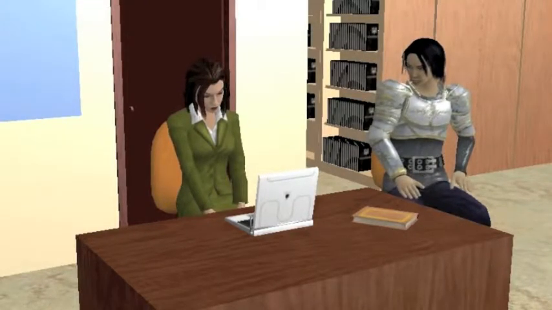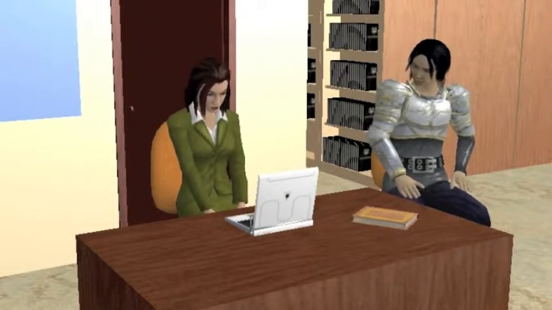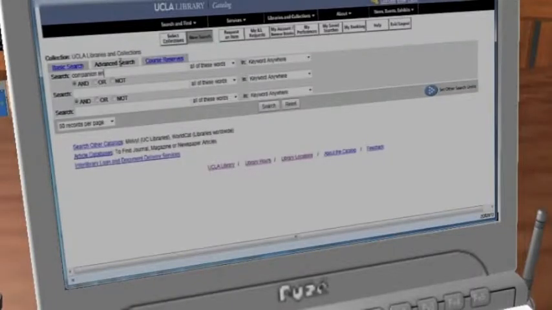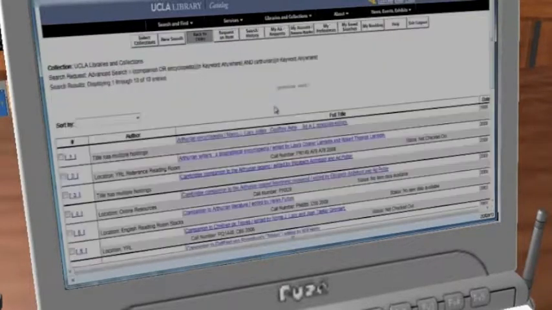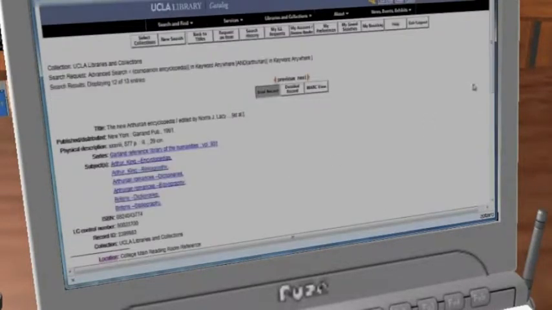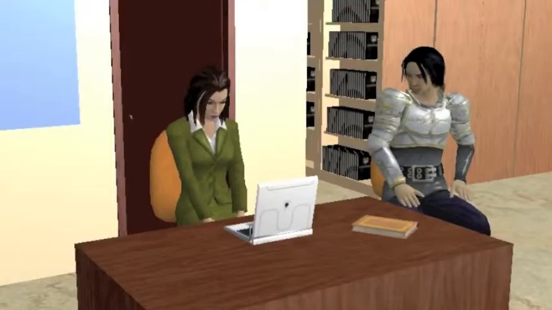You also might find subject-specific encyclopedias, so let's see what happens if we use the advanced search screen to combine some Boolean searches, like we discussed when we went over Boolean operators. Let's search for companion or encyclopedia by choosing any of these words, and Arthurian. In addition to the types of companions we found before, we also see a record for the New Arthurian Encyclopedia, which you'll find here in the English Reading Room. Yes, that looks like a good place to start for contextual background information and a broad introductory overview.